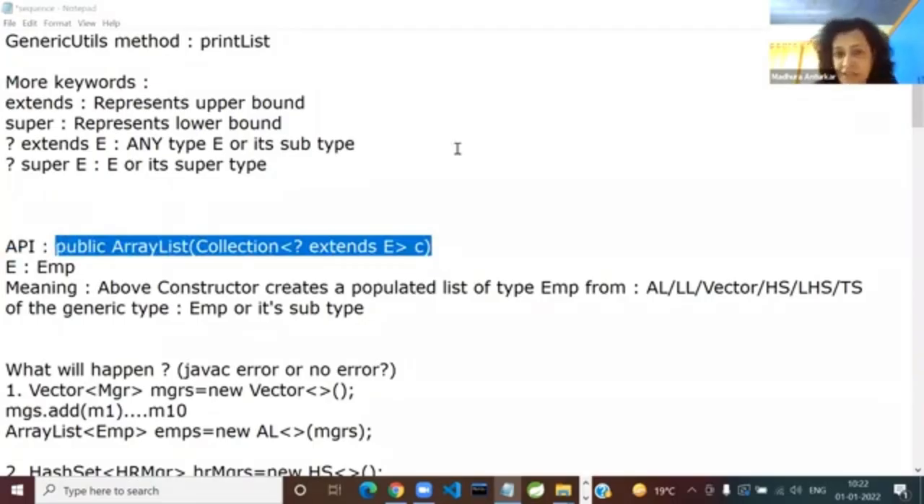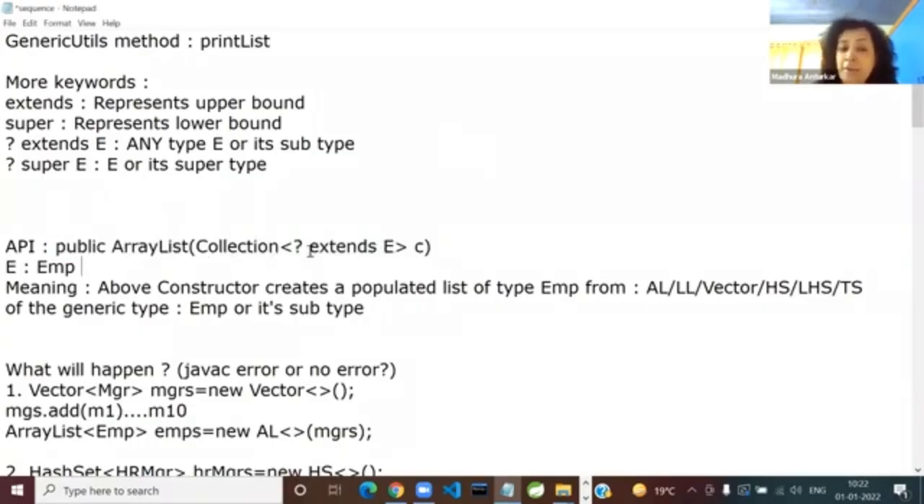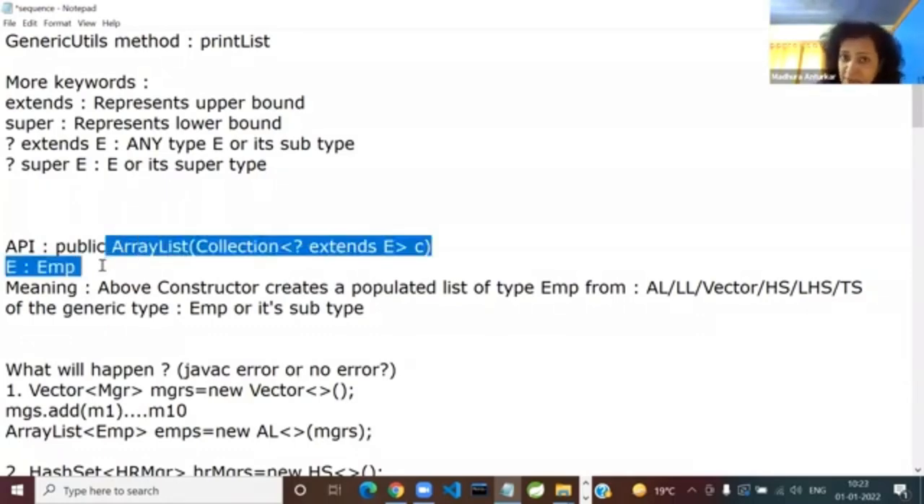It's a populated one. Everyone understands it. So now I'm saying replace E by employee, so you'll start understanding my discussion. So let's say E is replaced by employee. You can replace it by bank account, you can replace it by fruit, anything. Just E by employee. So what it means is you can create an array list of type employee from a populated array